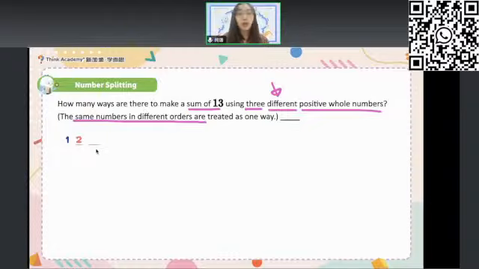So now you can see 1 plus 2 plus which number? And then you can get a 13. Yes, 1 plus 2 plus 10, okay? Then for this, I still put 1 here, and then move on, it should be 1 plus 3 plus 9, good job. And move on, you will see 1 plus 4 plus 8, 1 plus 5 plus 7, 1 plus